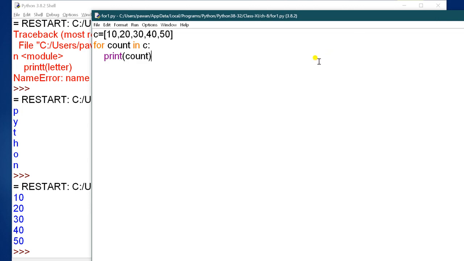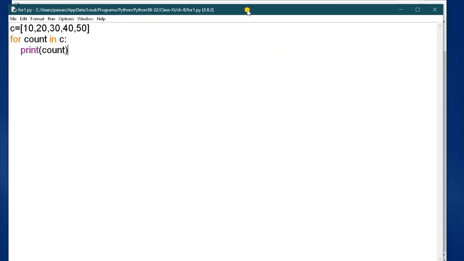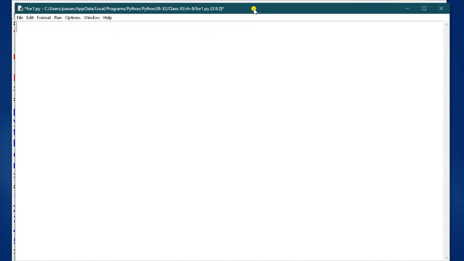This is your second one. Now next is, for example, this num has this list 1, 2, 3, 4, 5, 6, 7, 8, 9, 10. 10 elements are there.